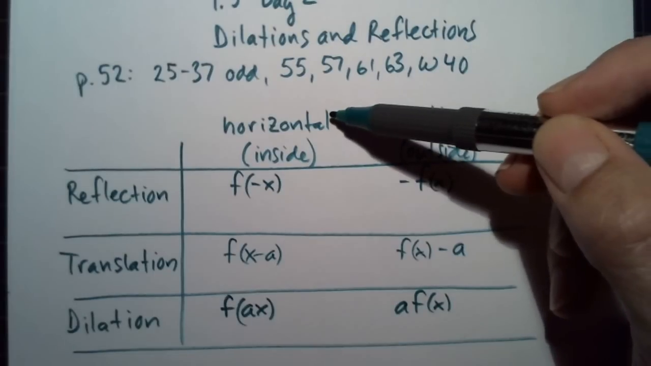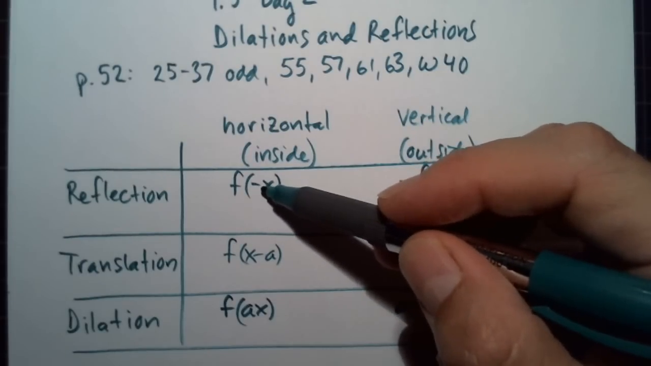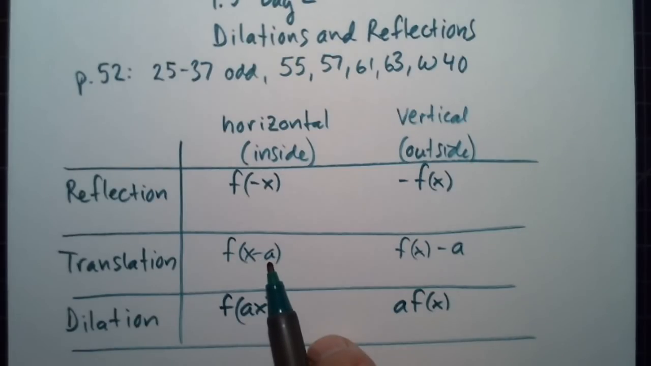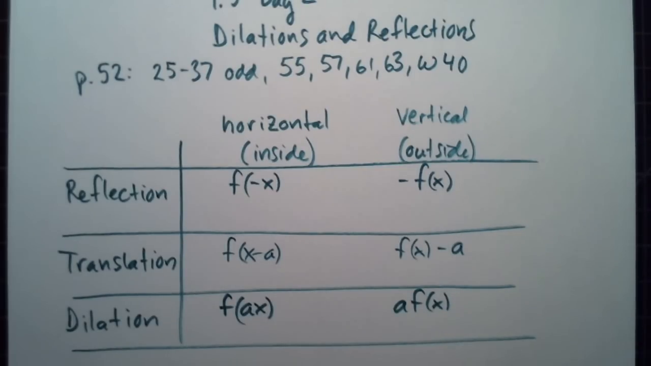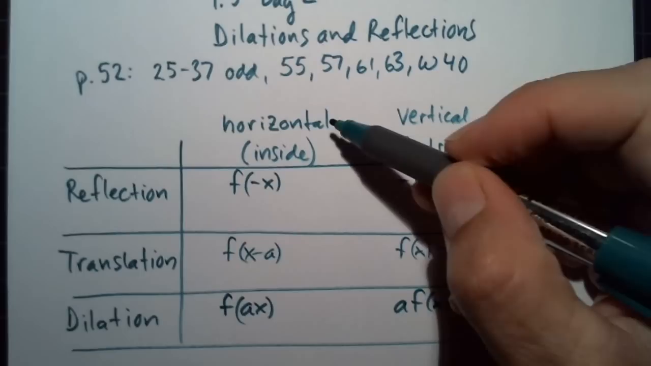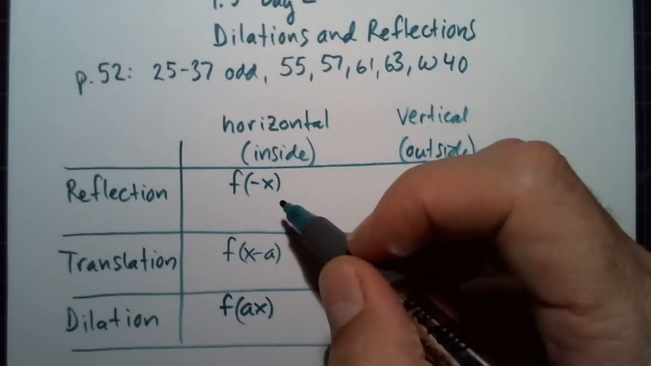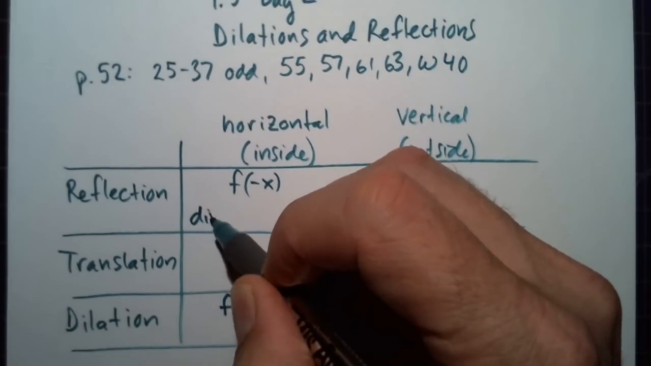Then horizontal transformations are inside with the x, so that this negative is horizontal because it's inside. Here this minus a is a horizontal transformation, and here multiplying by a inside the parentheses with the x is a horizontal transformation. And then if it's outside, that'll be a vertical transformation. When we have a horizontal transformation, we have to do the inverse of whatever is done here. So just to keep the rule the same all the time, we can just say divide